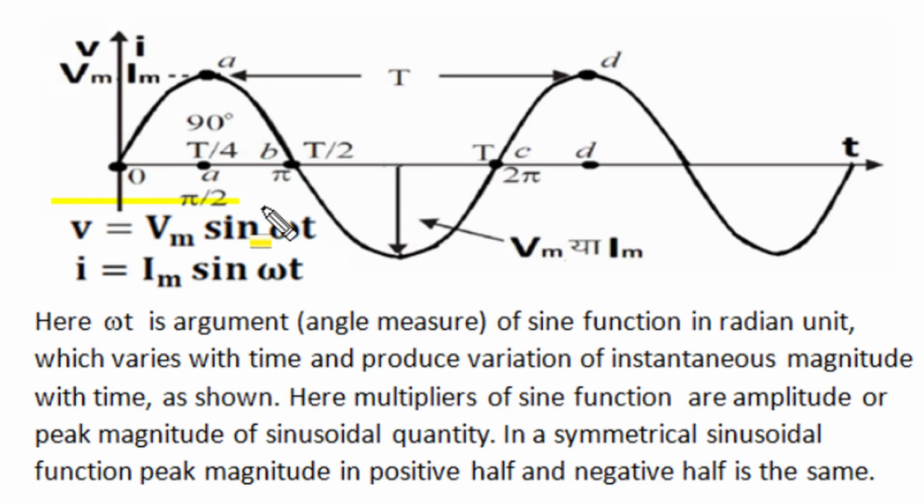Here in this mathematical relation, omega is known as angular frequency and it is measured in radian per second, and omega when multiplied with time, this omega t, is an angle measure which is called the argument. When the argument is considered with the sine function of trigonometry, the sine of omega t when multiplied with the amplitude of voltage or current gives us instantaneous voltage and current. The positive peak and negative peak have a symmetrical magnitude, and both the positive half cycle and negative half cycle